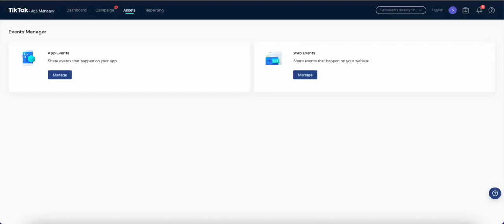Hey there, in this video, I'm going to be showing you how to install the TikTok Pixel. So you just set up your TikTok Ads Manager account. The first thing you'll need to do is set up your TikTok Pixel. Now this is after you enter in your payment method, of course, because TikTok is going to want to know